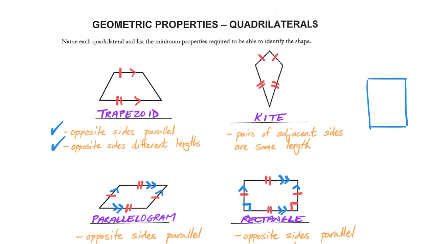Maybe, if they're far enough apart, it could be a square. I could end up creating different quadrilaterals. However, if I just delete those last two sides that I did to close in the shape, and I say, no, I'm going to create a set of parallel sides, but I'm going to make one of those sides longer than the other, then maybe I end up getting something that looks like that. Well, if I was to now enclose that shape,